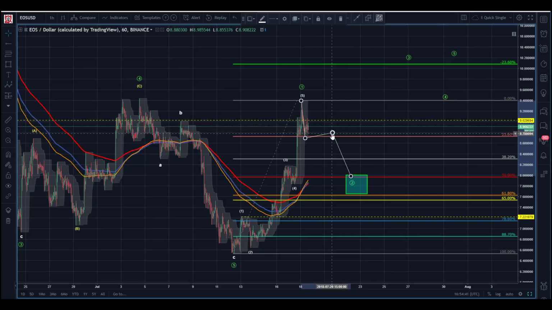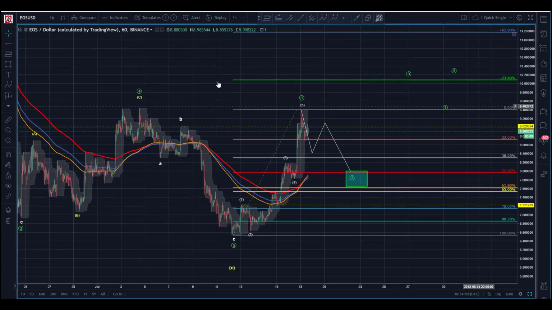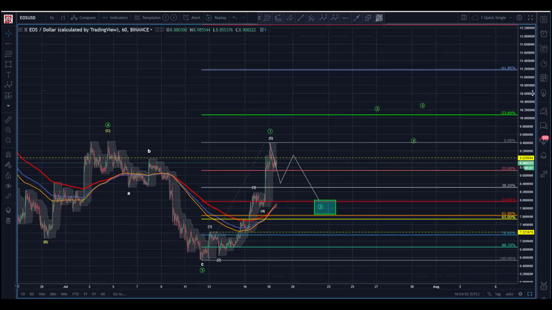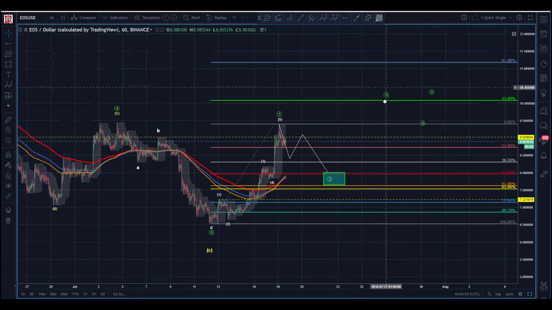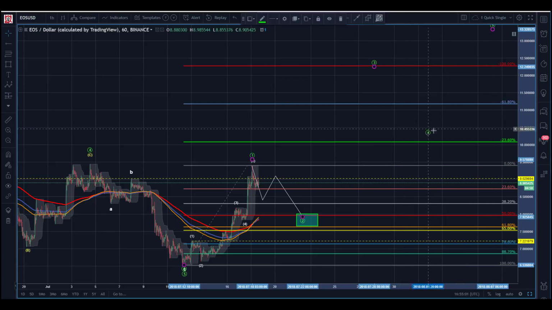For all I know, that's the A. Can't tell yet. But I know that I'm looking for the next opportunity here at the 50, and I've got some pretty significant upside if this is going to play. If we're going to get an Elliott count out of this, and we're going to get our third here, get this up here, we know that's going to be a good rough estimate for the target.